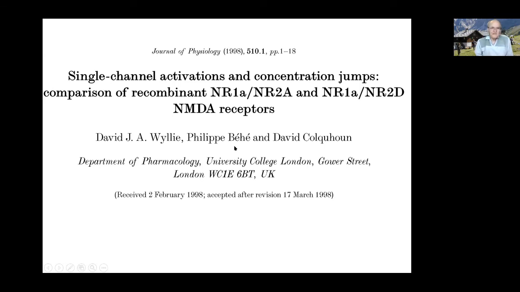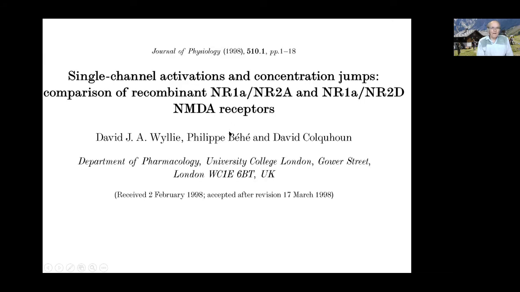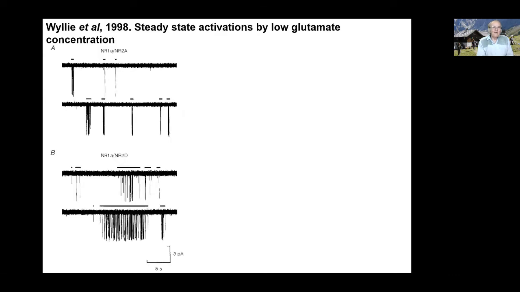We can go on to another example at a time when we understood better these distributions. These were done on recombinant receptors, NR1A, NR2A, they call GluN1 and GluN2, I think now. And we looked at steady state activations. David Wiley looked at steady state activations